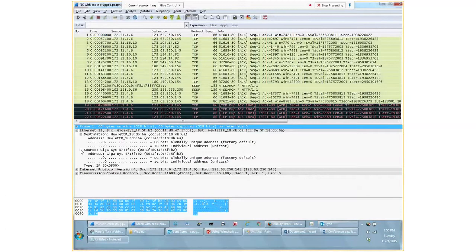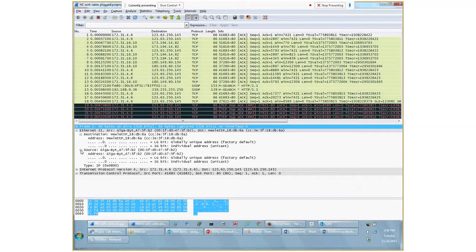because you will need to filter sometimes using the source MAC address or the destination MAC address, if that is the exact information that you're looking for. If you're looking for some particular source MAC address, you can just look it up here, or you can use the filter to get that traffic.